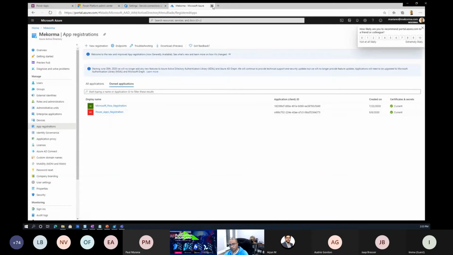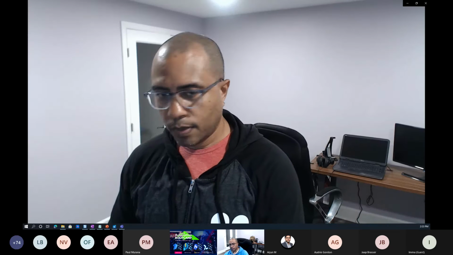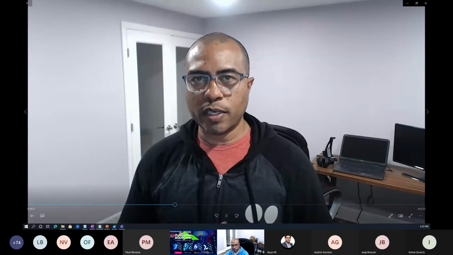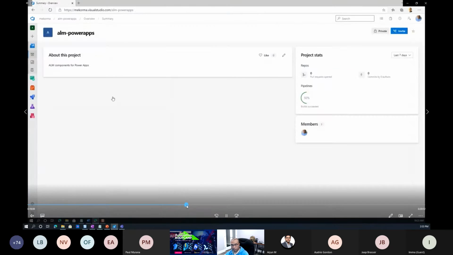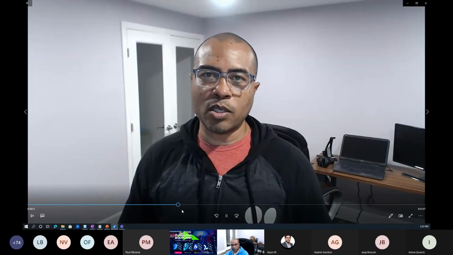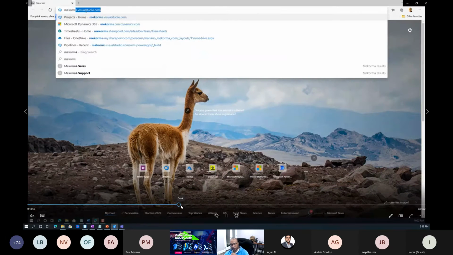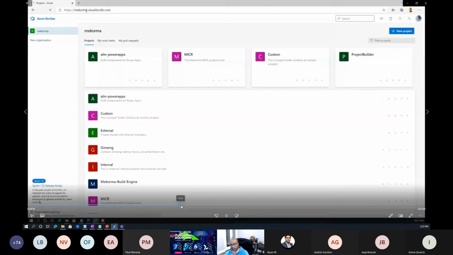In this particular case, you would then set up all the definitions for that application ID. But as I said, it's something that we're going to talk about later on. I'm just going to skip through this, and go back to right here. Okay, so for the second part of this demo, we're going to deal with all the pipeline,